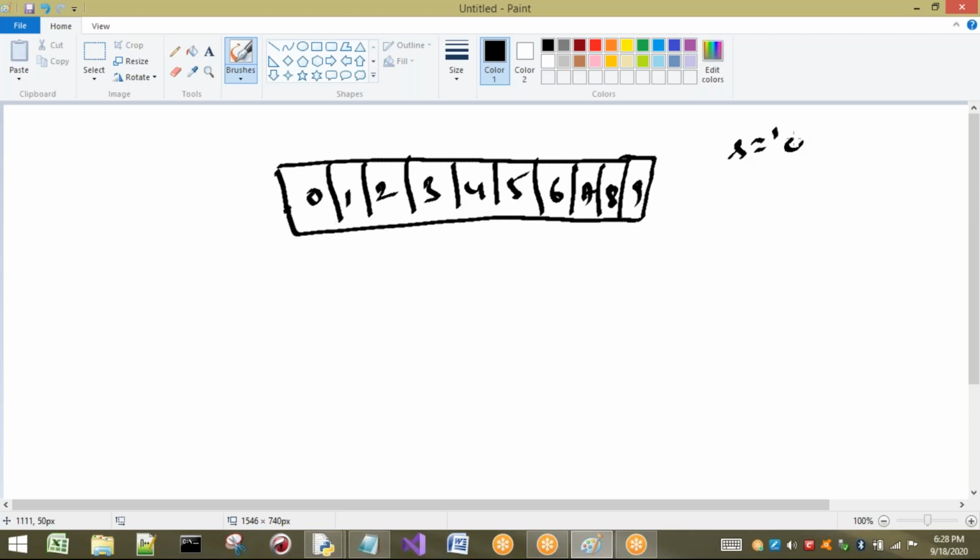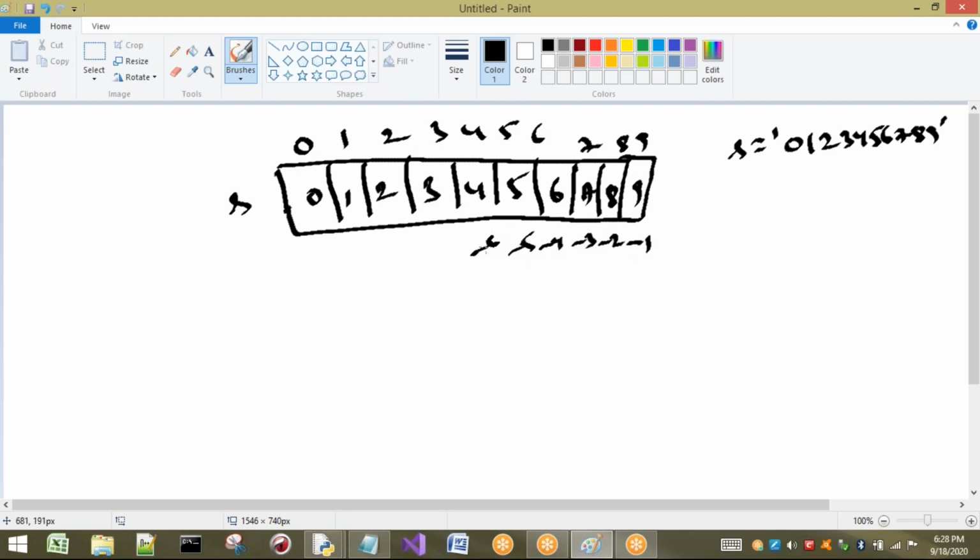I have taken them as a string so that you get clear clarity. The name of this string is s. Indexes start from 0, so the indexes are 0, 1, 2, 3, 4, 5, 6, 7, 8, 9. The negative indexes are -1, -2, -3, -4, -5, -6, -7, -8, -9, and -10.